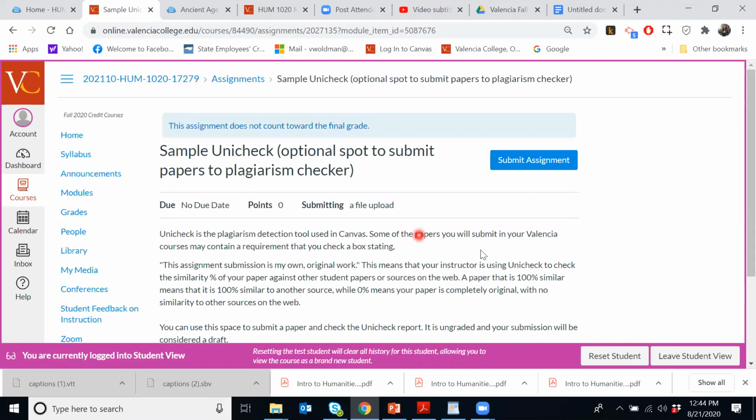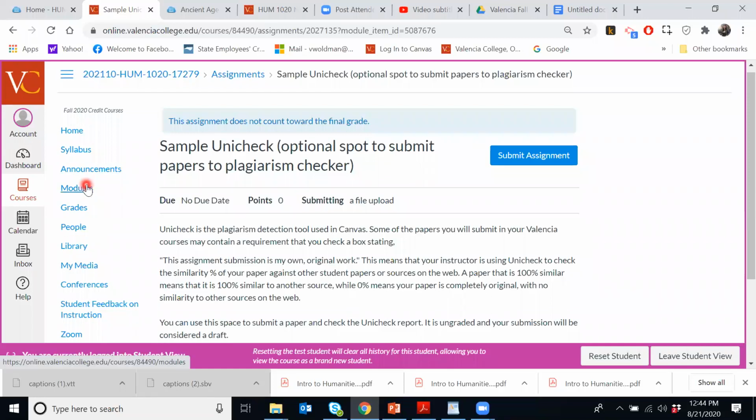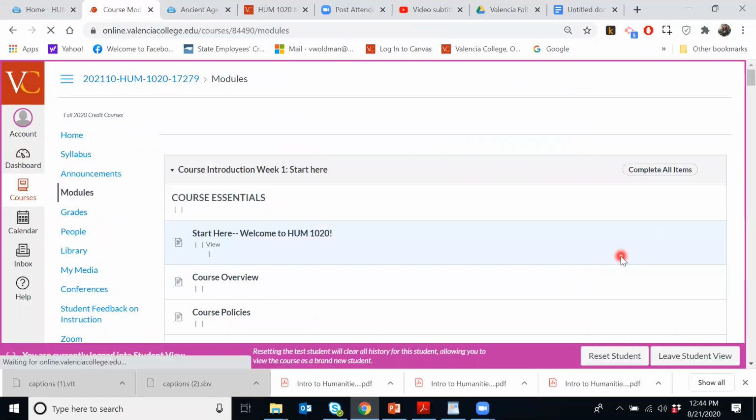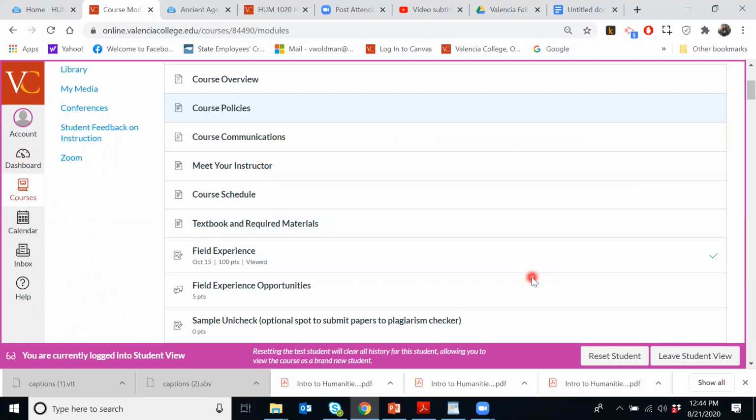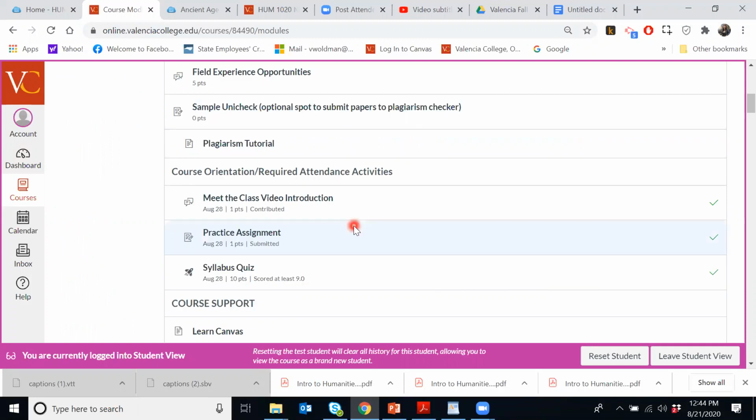Now we're going to go to the course orientation. These are the required attendance activities that you need to complete so that you can remain in the course and so that you can start your work. You're going to have a meet the class video introduction, and this is the only discussion where you have to record a video. So you'll go click on here,